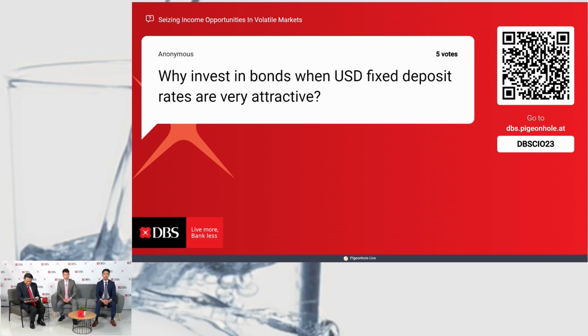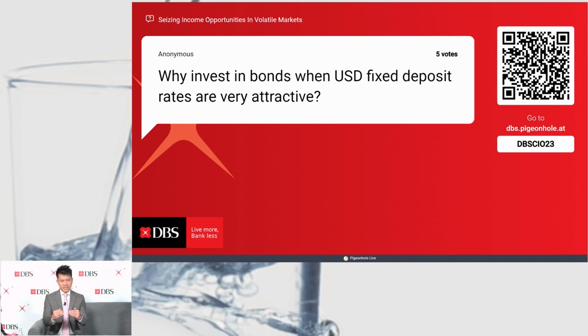So if you recall during the presentation, yes, I cannot disagree that fixed deposits today are giving you very good yields. So any investor should have some of those, right? But we also cannot deny what history tells us, that every time fixed deposit rates are very close to bond yields, there's some sort of stress in the economic environment, right? Simply because today's economic environment has very high debt levels. So normally a high interest rate environment with high debt is not sustainable for very long,